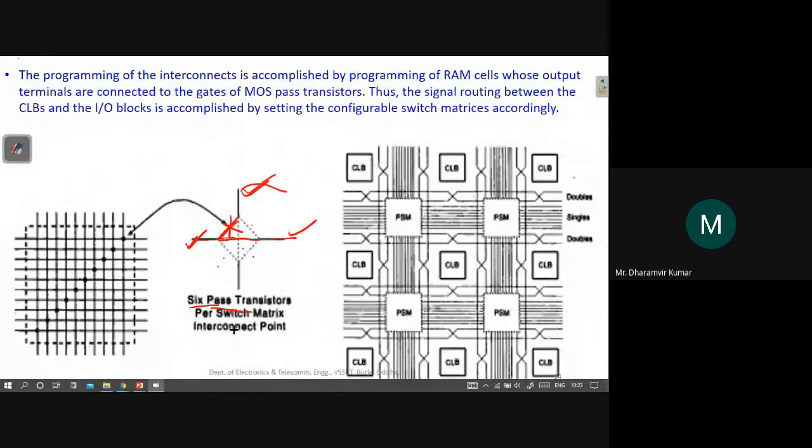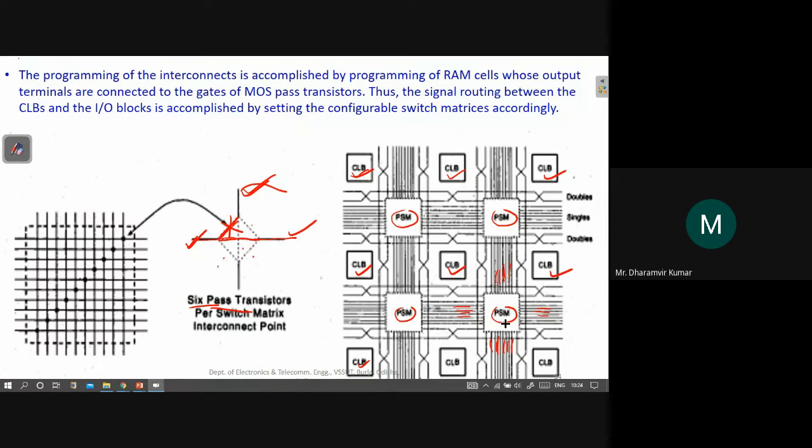Look here. We already saw that there are CLBs, configurable logic blocks; these square blocks are CLBs. And these are the switch matrices, the switch matrix interconnects, which connect these ones with these ones, according to the circuit and the program.